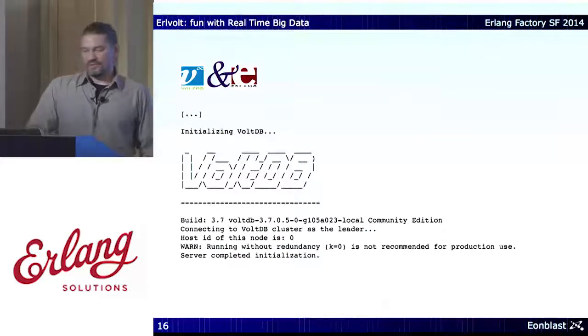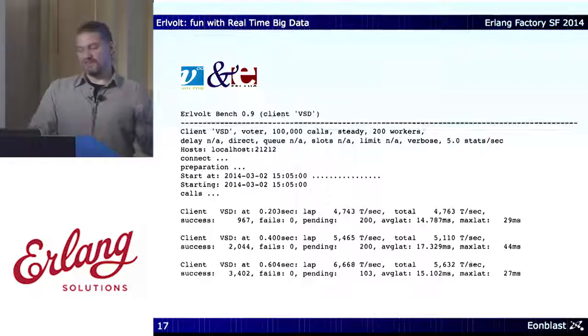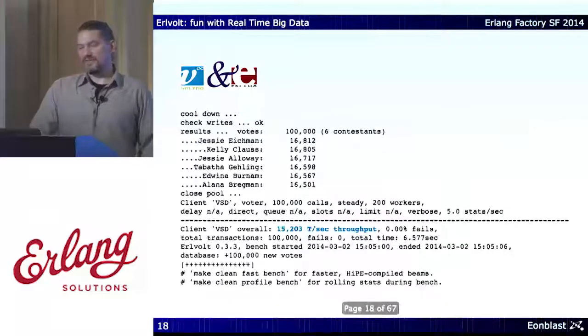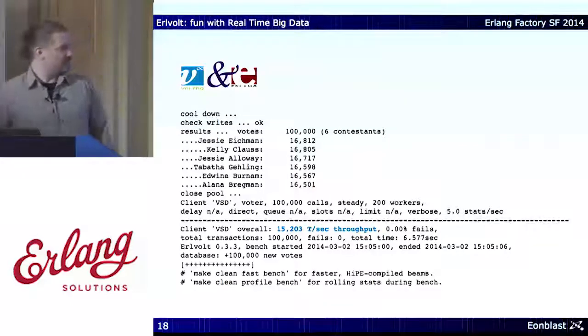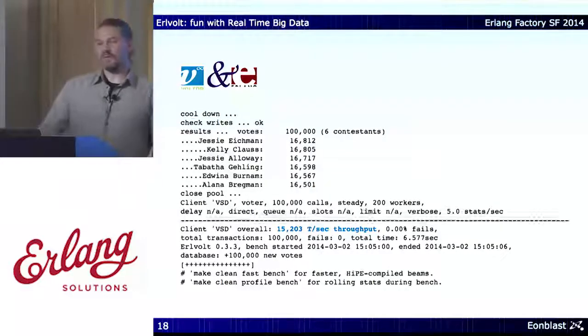What you would see if you tried that out is simply that at a certain point VoltDB starts, then you would see a benchmark that I will explain in more detail later being executed, and in the end you would see your local results for what VoltDB can do on your computer using it as one node.